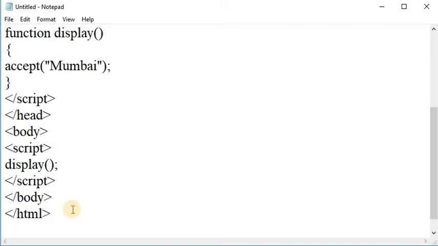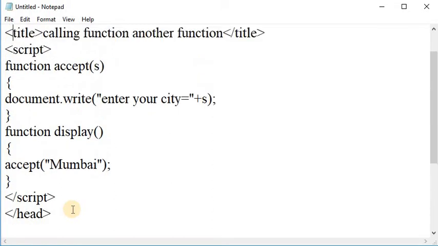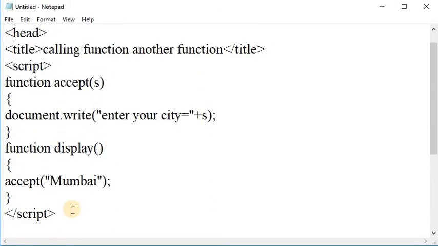This is our program. In this program, we are taking two functions, that is function accept. Write the function keyword with lowercase letters.